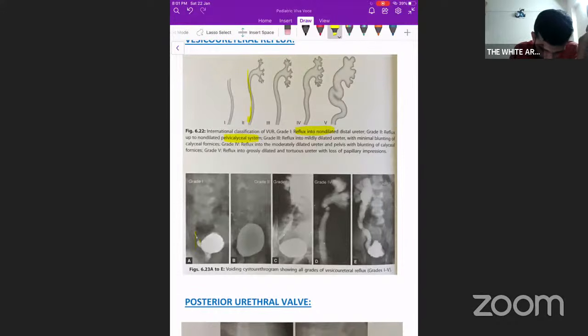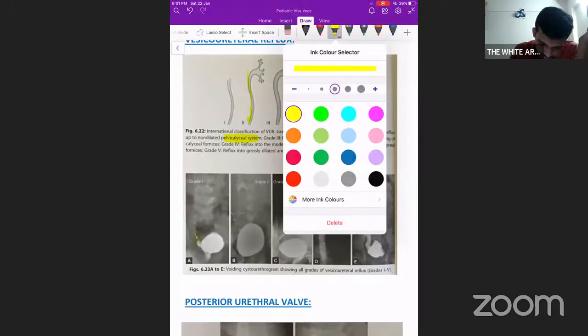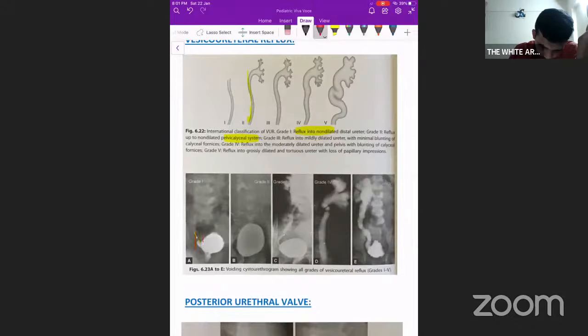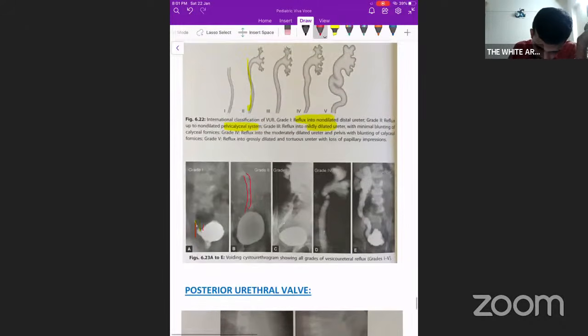That is what you see. You see reflux over here, grade 1. And over here, you see reflux throughout up to the pelvicalyceal system, but the ureter is not yet dilated. Then there is grade 3, wherein you have a mildly dilated ureter. So this is what you see in grade 3, a mildly dilated ureter. Grade 4 is